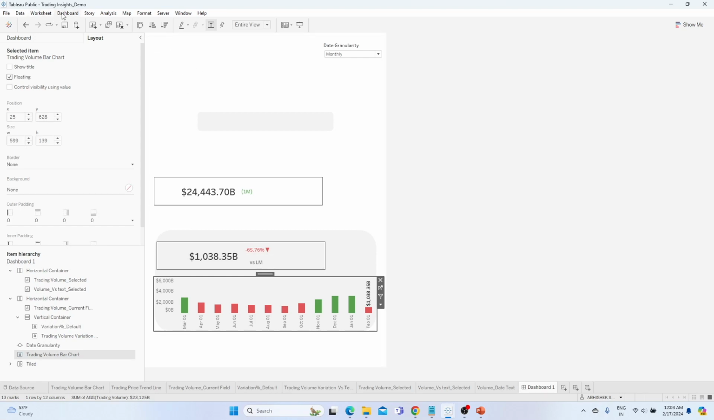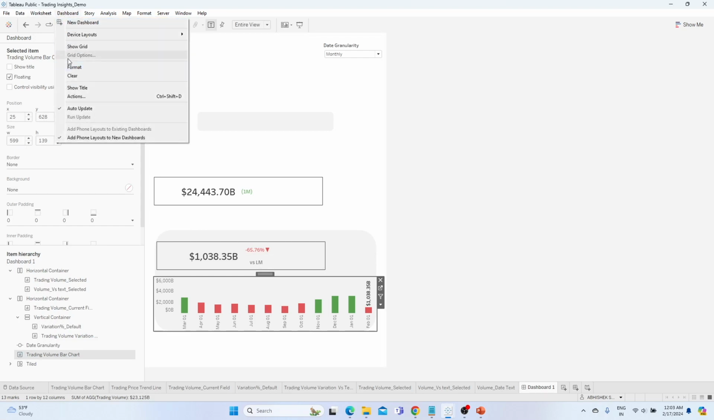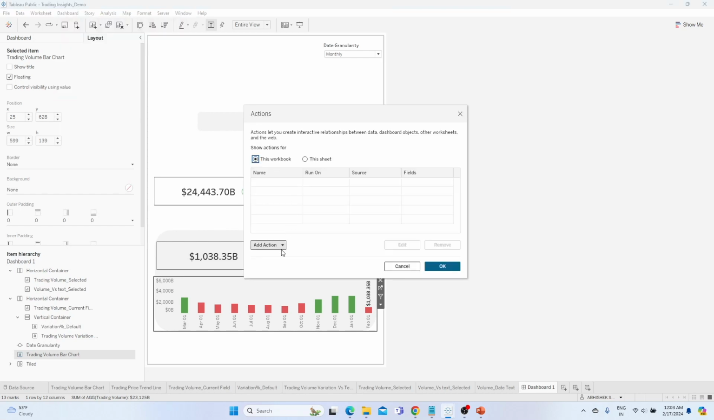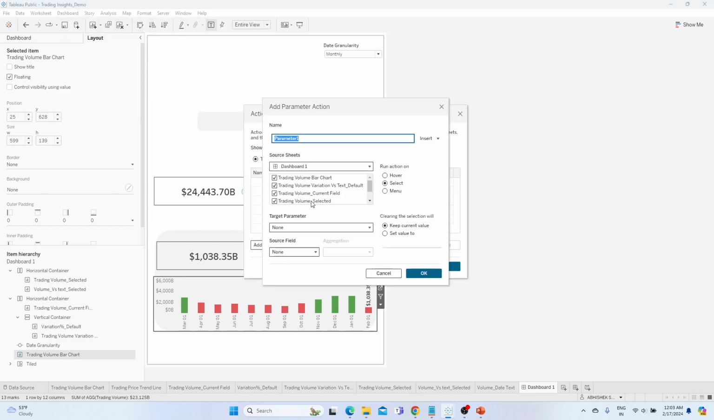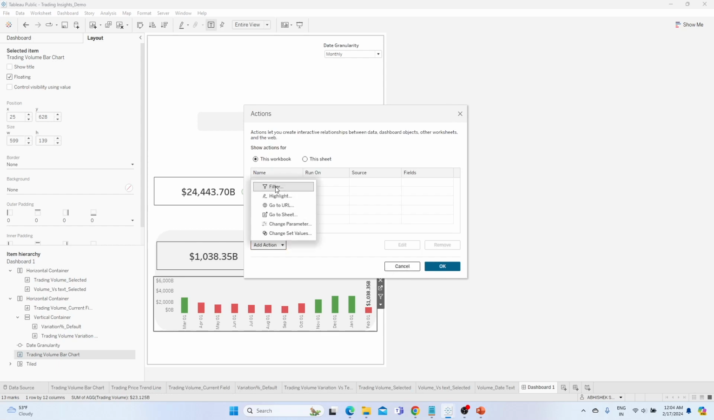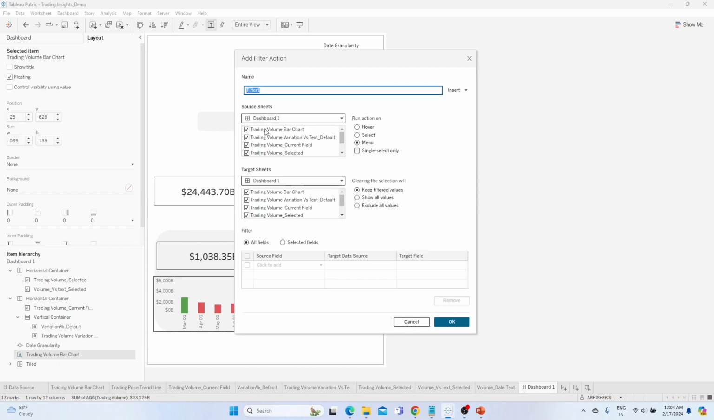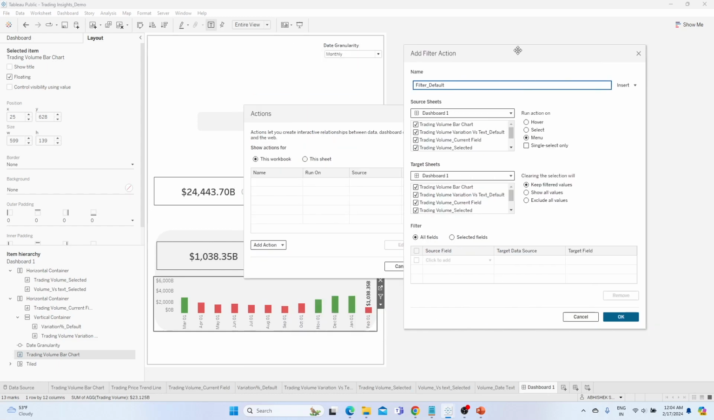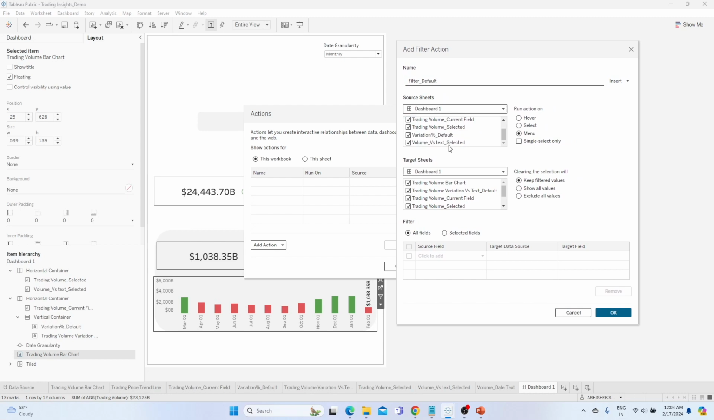Now I'll use the action filter from here, and sorry, not this, I'll use this filter action. And what this filter action will do, filter 1, or let's say filter default, right? So this is the default one. So filter default, so what it will do is